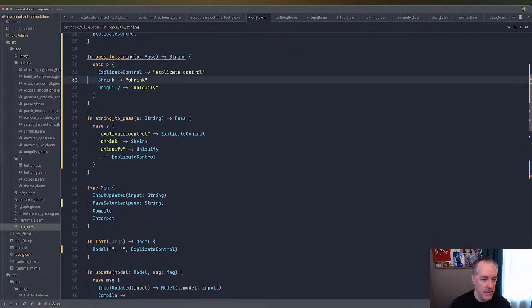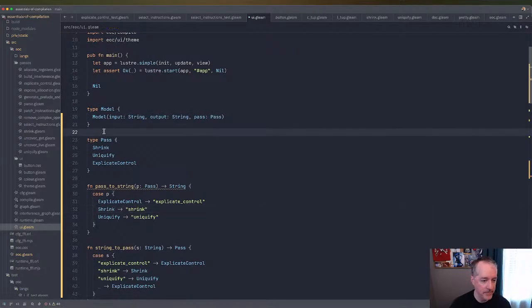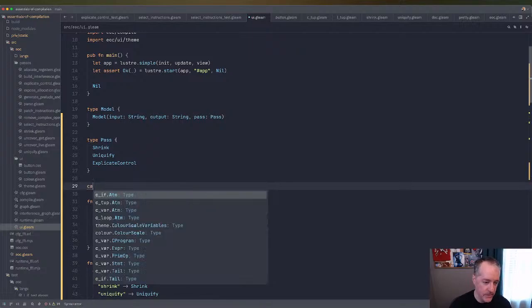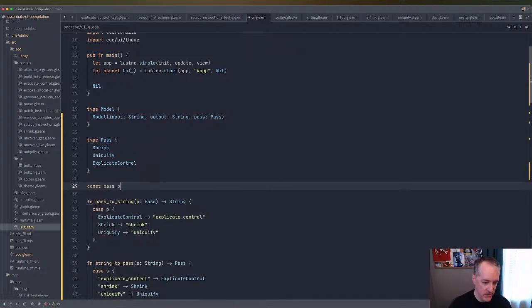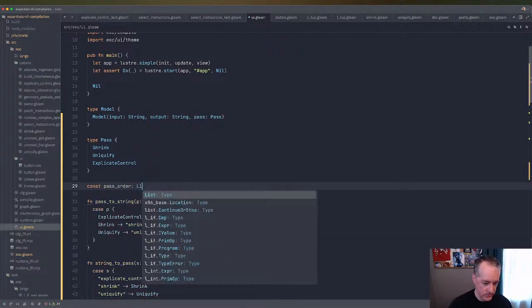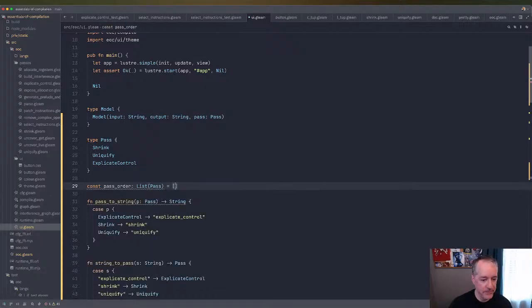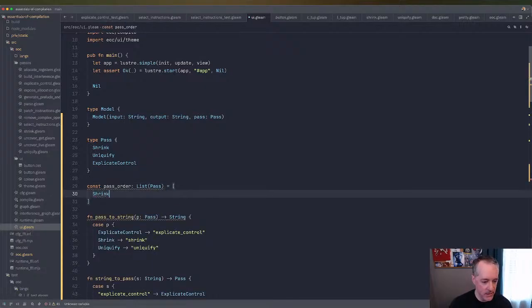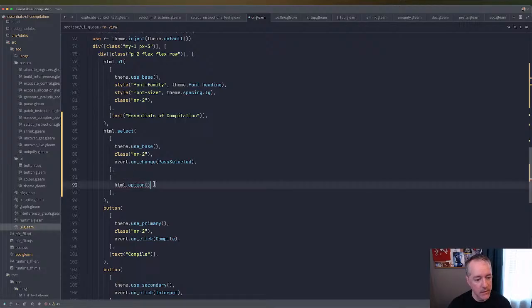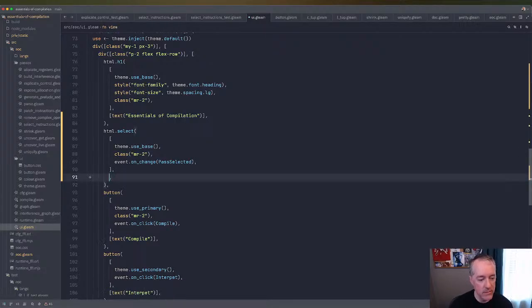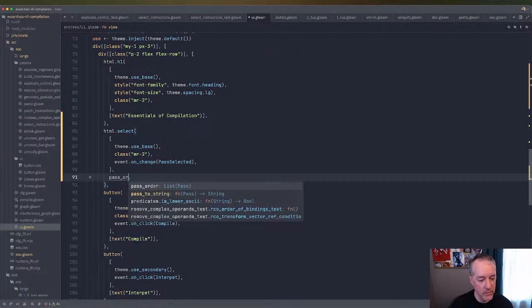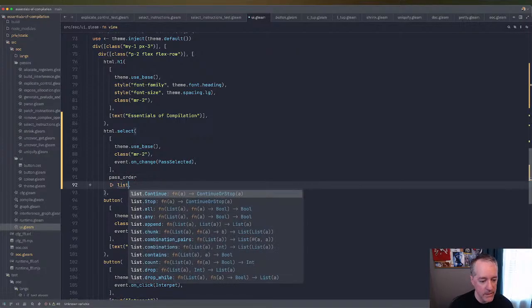And I think I want to make up here a const pass order, which is a list of passes, and that's going to be in the order that we have above, uniquify, explicate control. And then we can map over this into making our options. So we can say the children of this are pass order list.map,